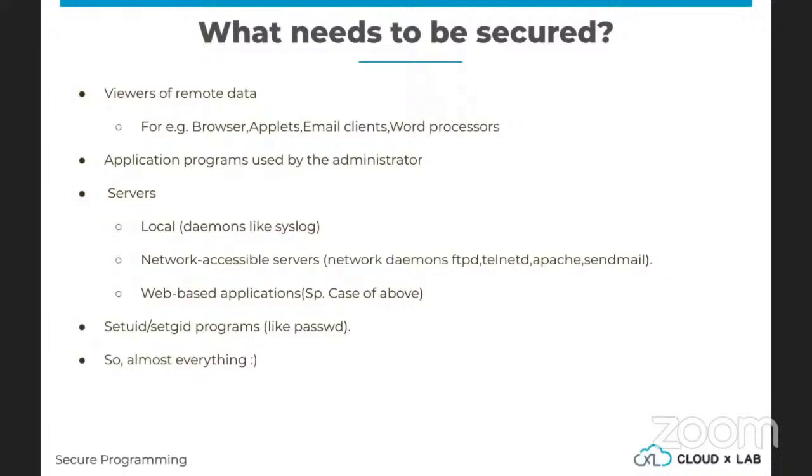So the application programs, such as, let's say, you've designed a program which administrators will use in order to review the disk storage on your system or log viewing on your system. So let's say there is a server and system administrators are using your tool in order to assess the storage of the server, right?